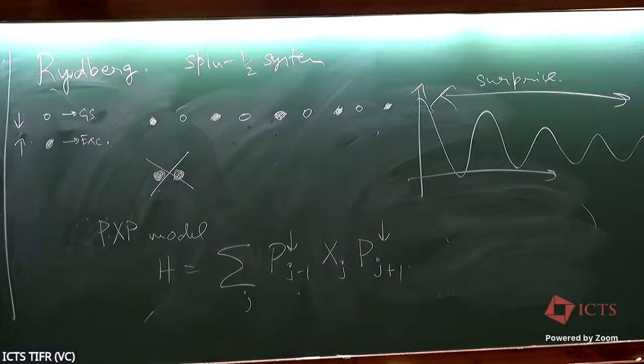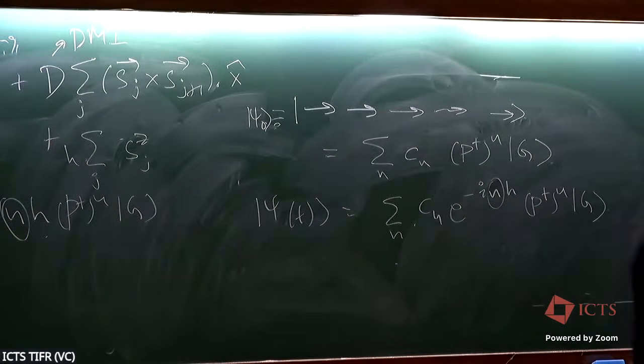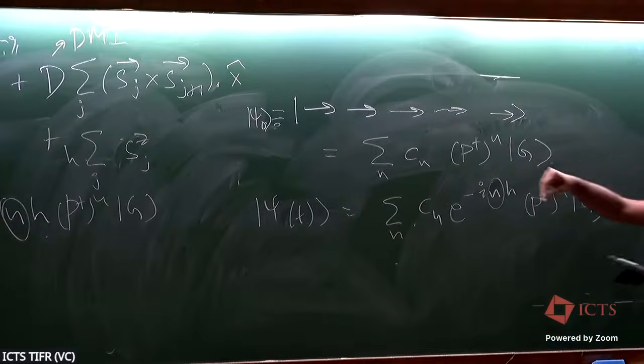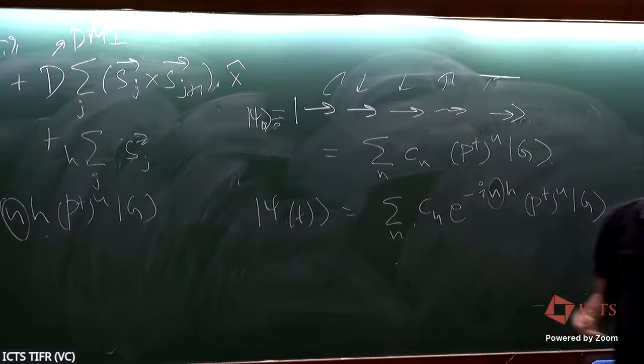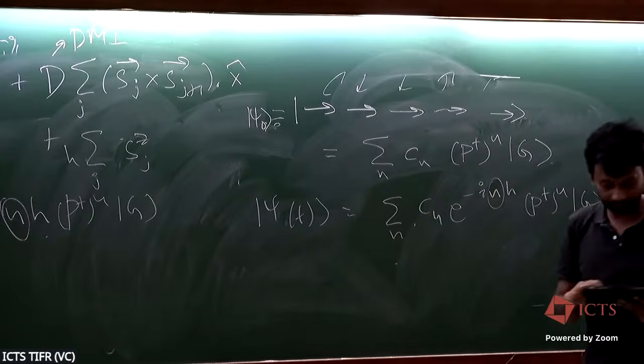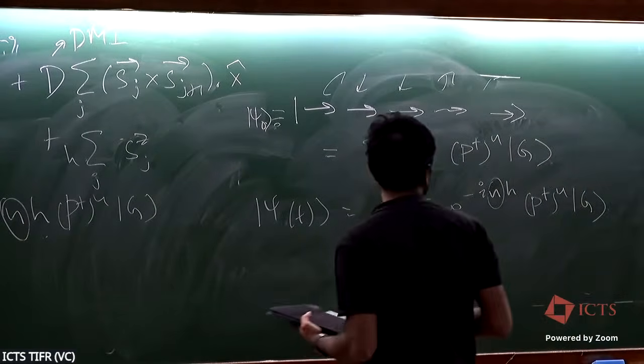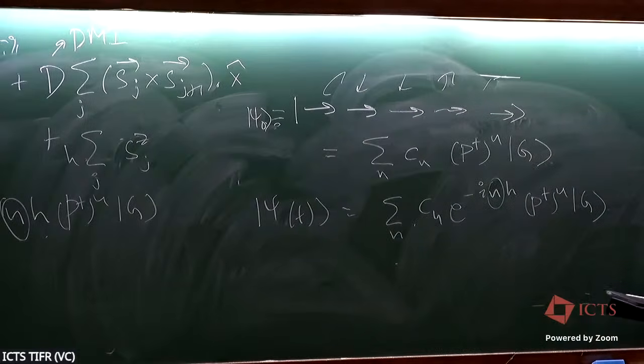So again, I should emphasize that the violation of thermalization is for this particular initial state. And in the experiment, it was for this particular state. Whereas if I start with some other state, everything else seems to thermalize as expected, right? So there are some states which violate thermalization, and so this was called weak ergodicity breaking.